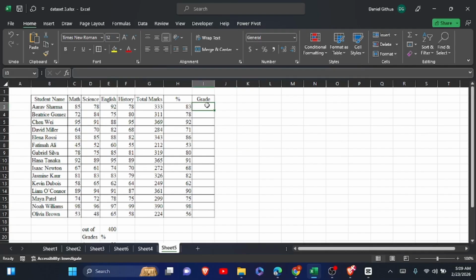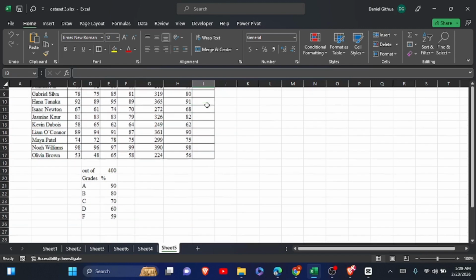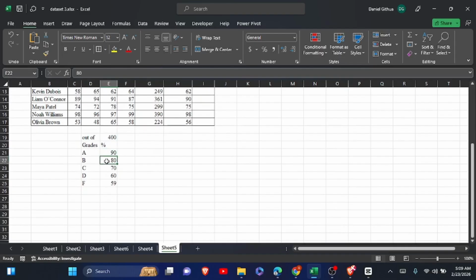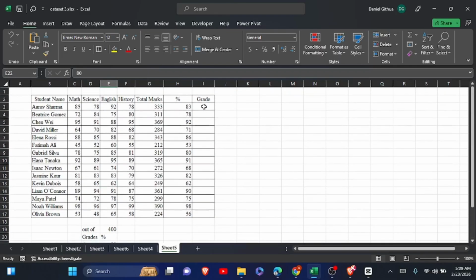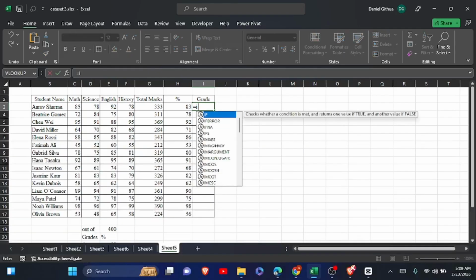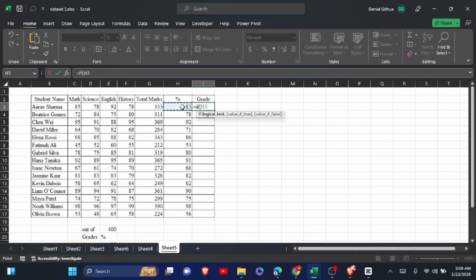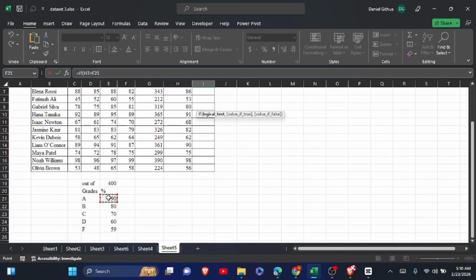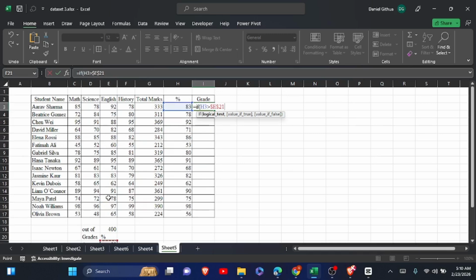How do we grade them? To grade them, you will be using the nested if function. By nested if function, I mean we will be using the if function for all these grades. So you use if for this grade, if for this grade, like that. You come here on cell I3, and we start with equals if, open the brackets. We are saying if this value is greater than 90, and make sure to lock this 90 because it's only one cell. So lock it like that, greater than 90, comma, open the quotation marks,